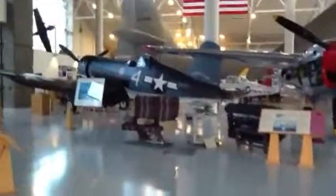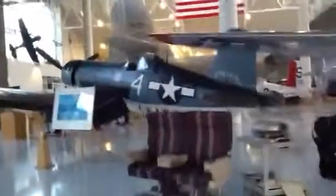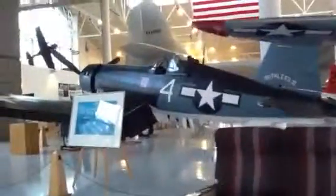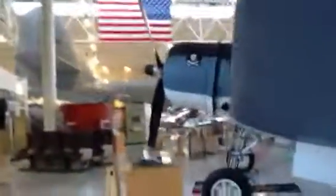There's a P, or the F4 Wildcat, I think it was called. This is what, if you saw that show Baa Baa Black Sheep, this is what he flew. The Marines flew these. Boyington, who was a Marine ace, kind of a wild guy back in the day, but a great pilot, and he flew a bunch of kind of crazy guys that didn't believe in order and the military way of doing it. They were out there in the Pacific on an island and just shooting down Japanese airplanes,